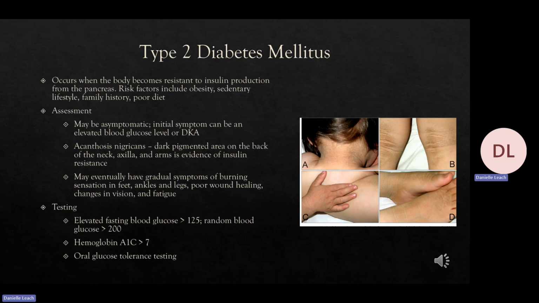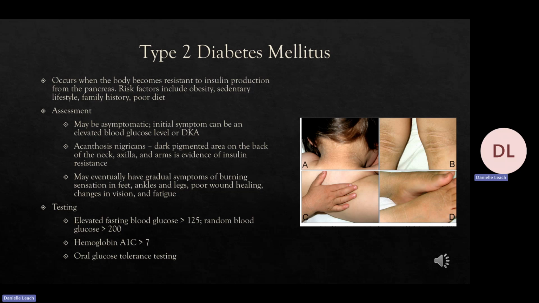Type 2 diabetes occurs when the body becomes resistant to insulin production from the pancreas. Type 2 diabetes is also sometimes called adult onset diabetes. However, pediatric obesity has led to a sharp increase in type 2 diabetes among children and adolescents. Risk factors for type 2 diabetes are obesity, sedentary lifestyle, family history of diabetes, and poor dietary intake, especially high carb, simple sugar foods. On assessment, many children with type 2